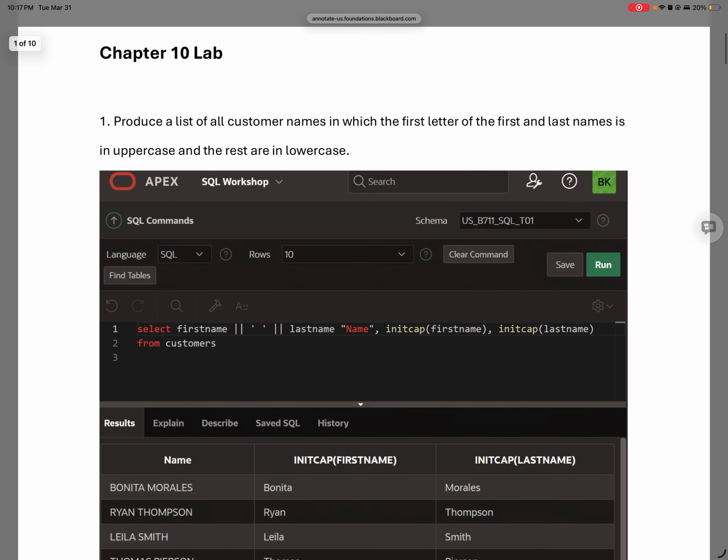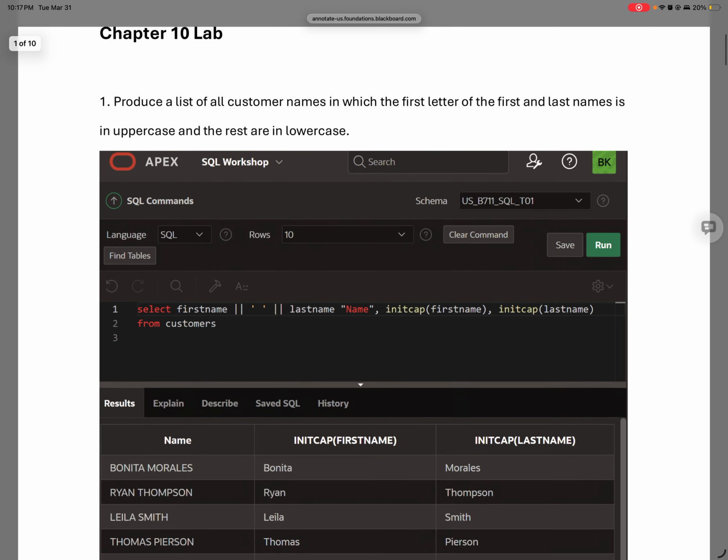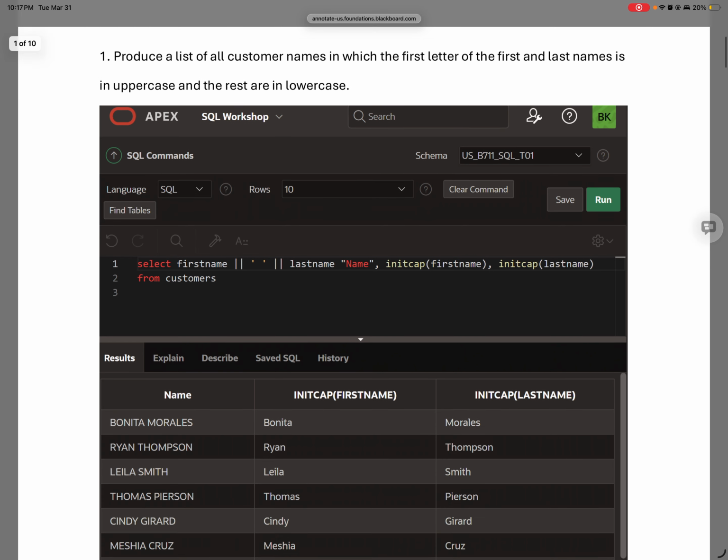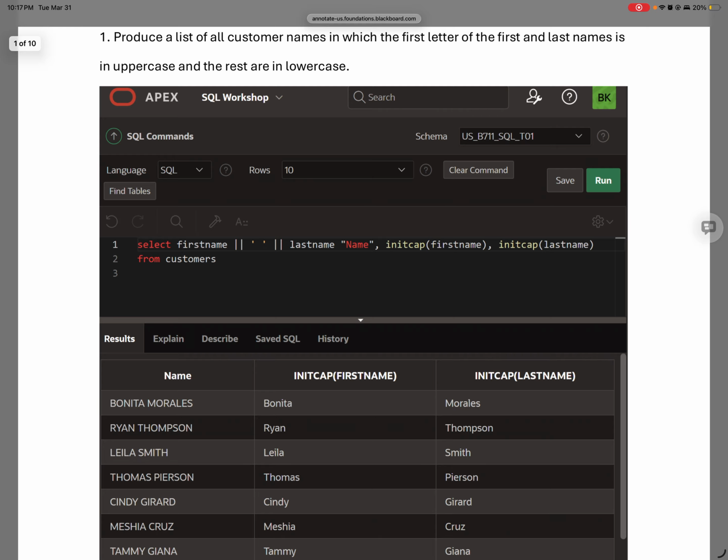Let's start with question number 1. It says produce a list of all customer names in which the first letter of the first name and the first letter of the last name is in uppercase and the rest are in lowercase. So to do that, the syntax we need to put in is